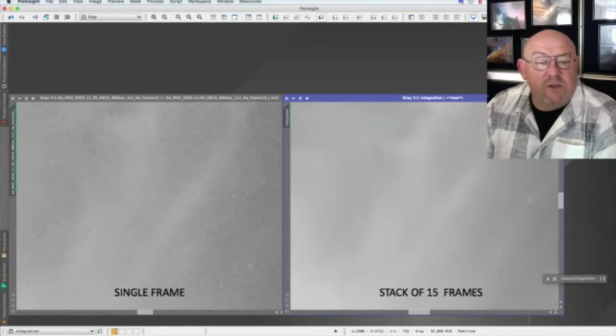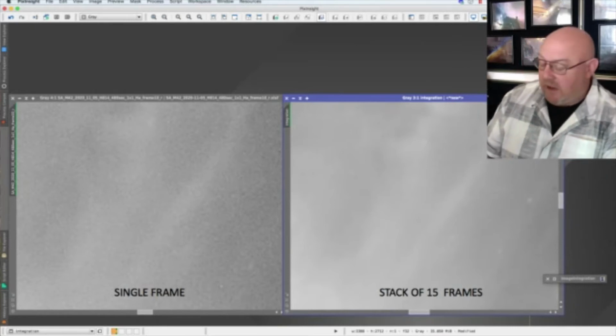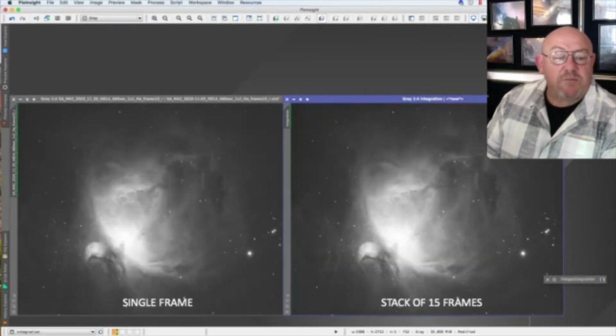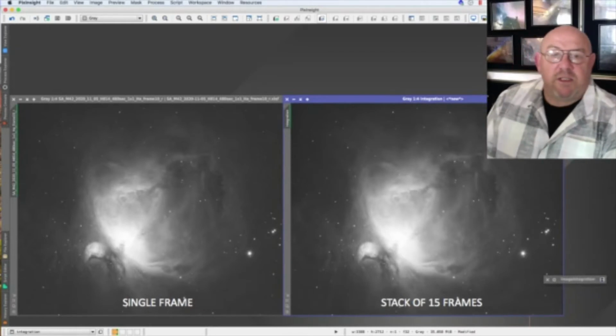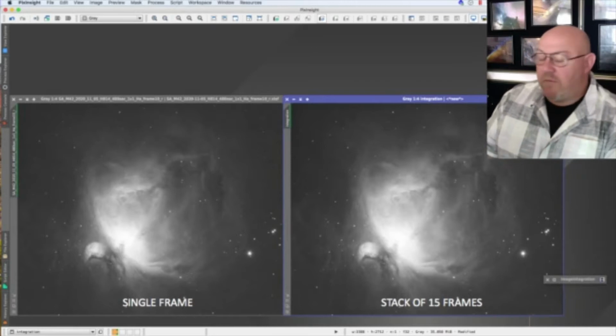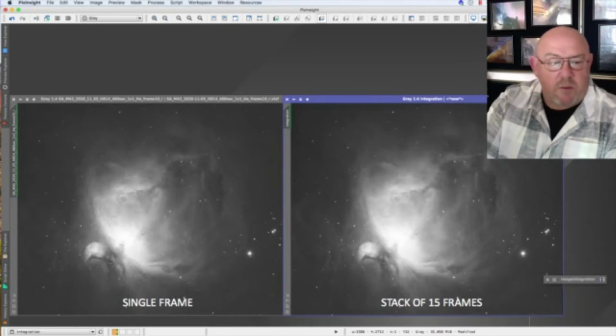They could actually cancel out most of the effects of the atmosphere, and there came another vast leap for imaging in the heavens. I don't know whether you can see this very well, but you have a very noisy image on the single frame. There's not half as much detail, especially if you zoom in, as if you just stack 15 frames together, which I did for this example.